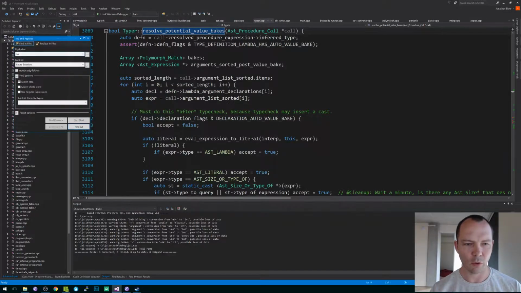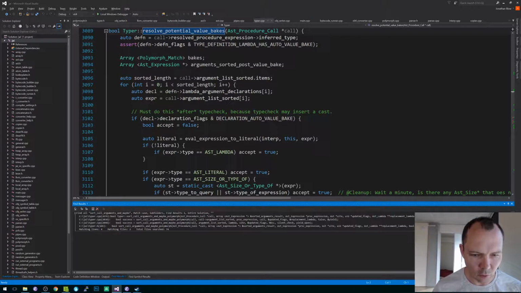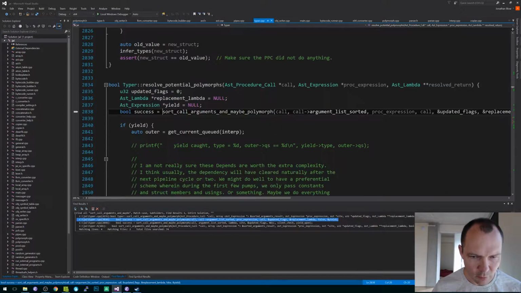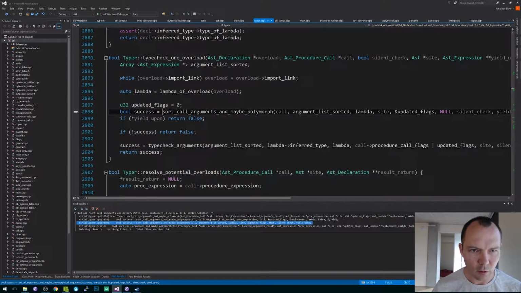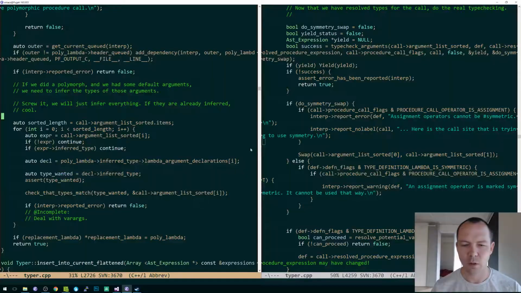Who else calls this? So it's resolve potential polymorphs. It's type check one overload. That's it. Okay, so both of these call type check arguments afterward, which I think means